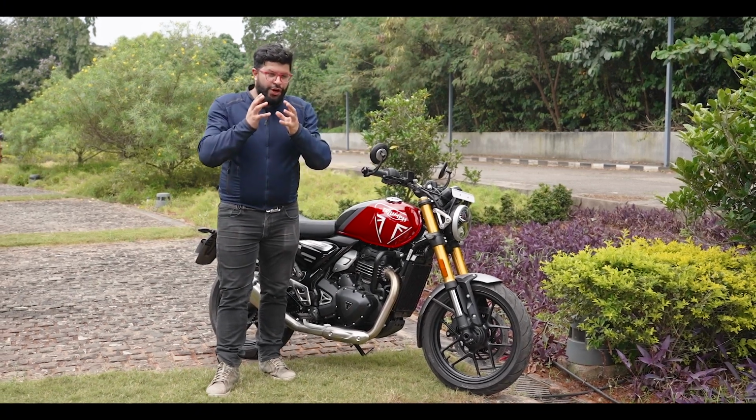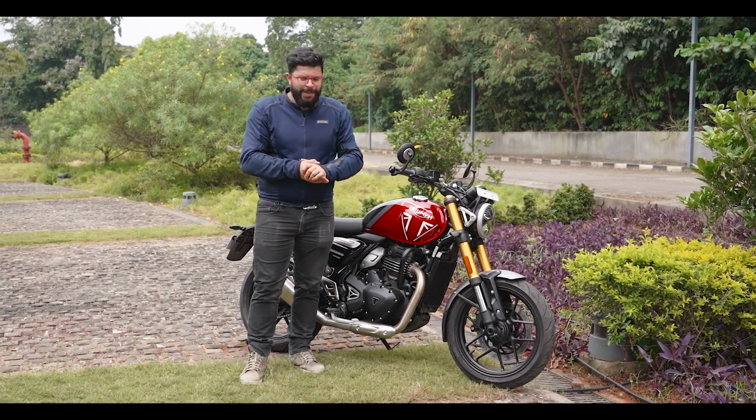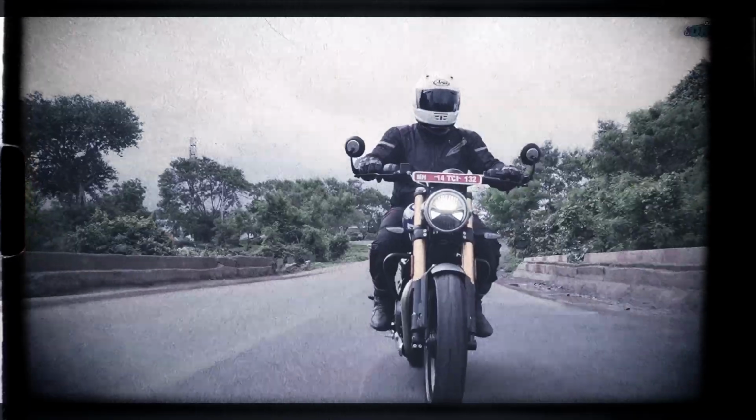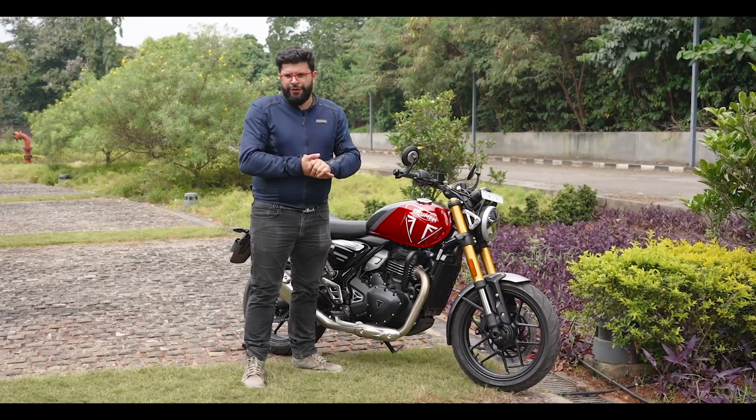Bajaj and Triumph delivered a shockwave with the pricing of the Speed 400 in 2023. This bike was built to Triumph's incredible quality standards while arriving at an incredibly desirable price point which only Bajaj could match. 12 months in and the Speed 400 has become pricier with a fair few feature updates which are